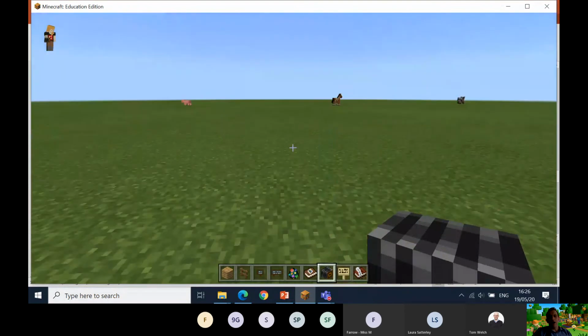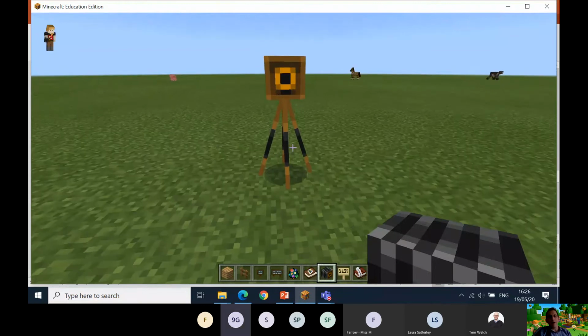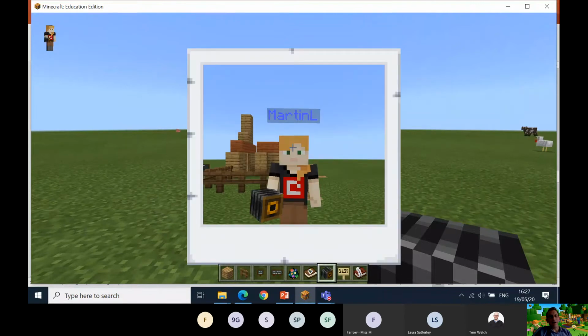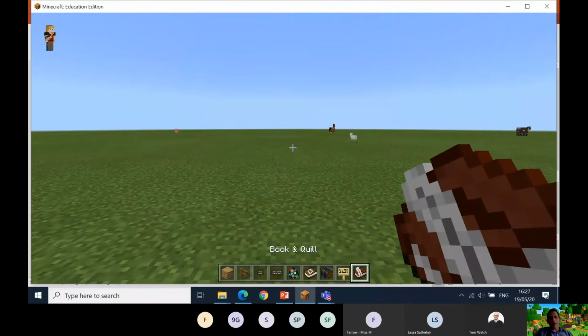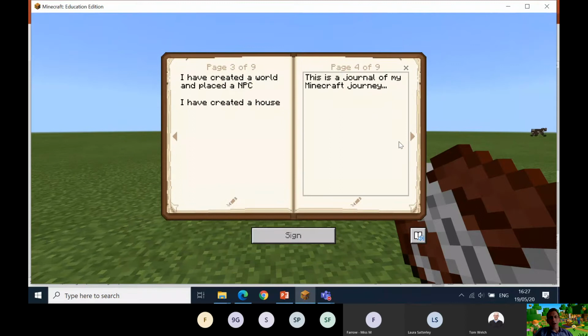Or I could, if I look at it and highlight one of the squares on the ground, I can place my camera there. I could walk up to it a bit more accurately. And then if I click on the camera, it will bubble away, and it will take a picture of me and then disappear. And then when I want to, I can go back to my booking quill and replace that in my environment. And I could go back and say, do you know what? I didn't want that